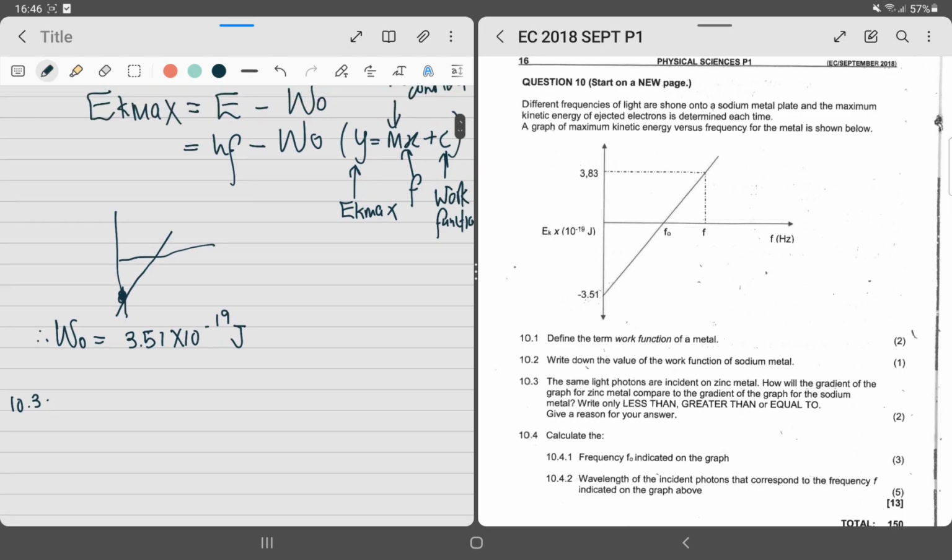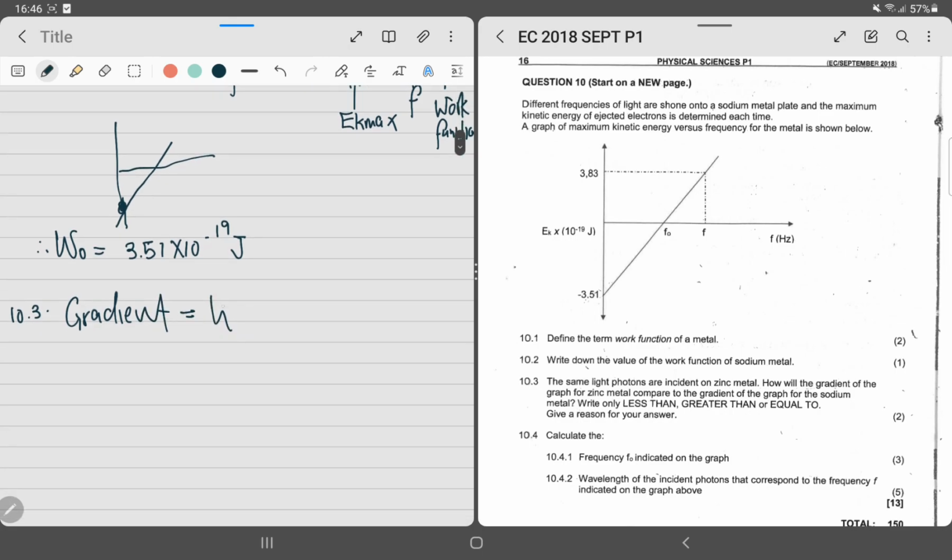So we've already established that the gradient is Planck's constant, and this constant won't change because it is Planck's constant. That value will always be 6.63. It doesn't matter whether you change anything else or you don't change anything, but the value of the constant will not change. So the gradient should be equal to